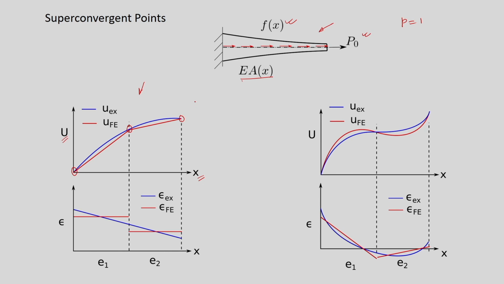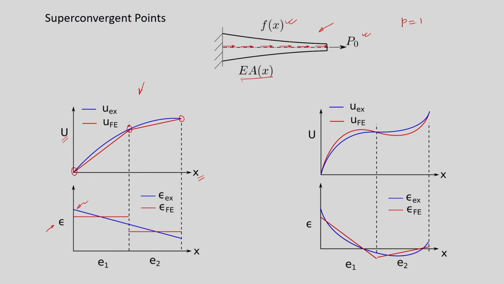All right. When Ea is not constant, this finite element solution is not exact, but is very close to the exact solution. Now, if I take the derivative of the displacement and plot it over here, where this is denoting the epsilon xx in this case, so how the strain changes with x? Here you can see the exact strain calculated from the exact displacement is shown by the blue line, and the strain calculated from the finite element solution is shown by the red line.